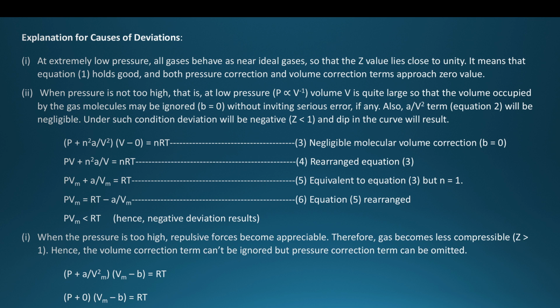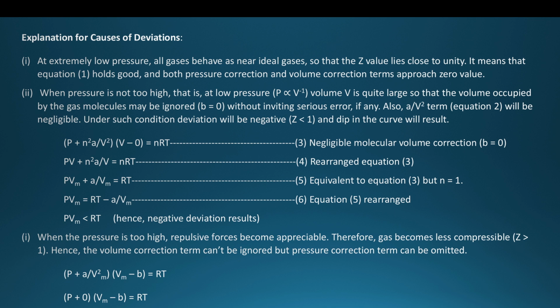It has been given in equations 3, 4, 5, and 6. Finally, PV molar is less than RT, therefore negative deviation results. So mathematically it has been proved that when the pressure is not very low, not very high, a negative deviation should result. When the pressure is too high,